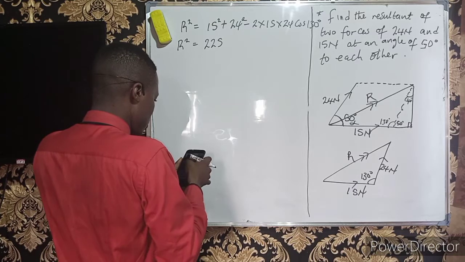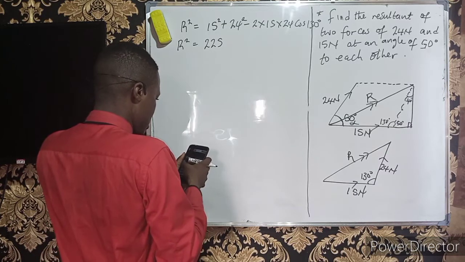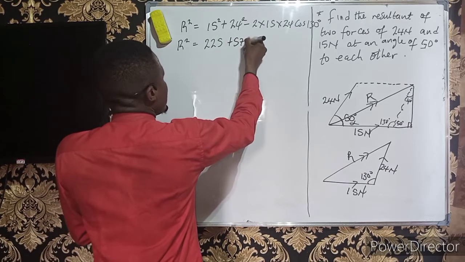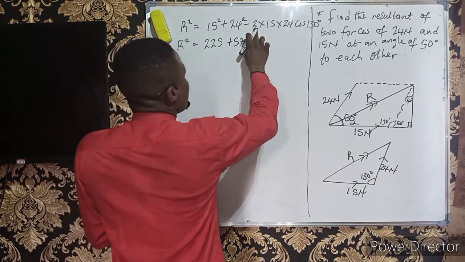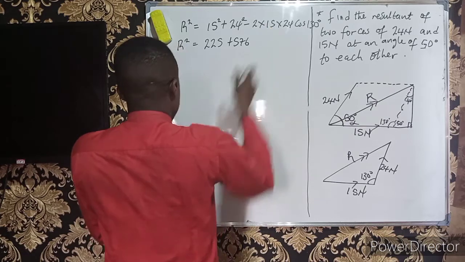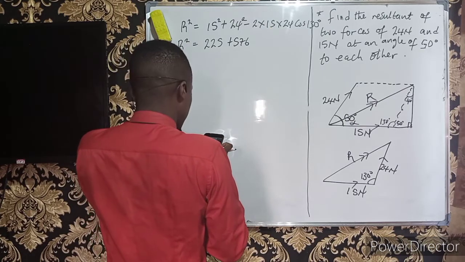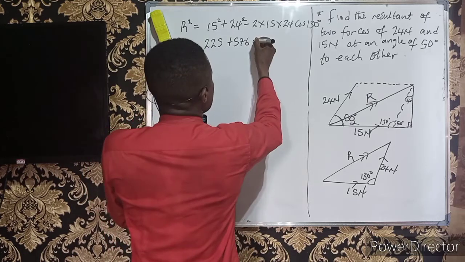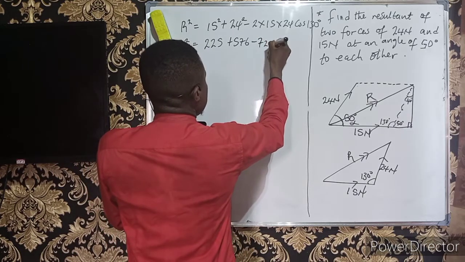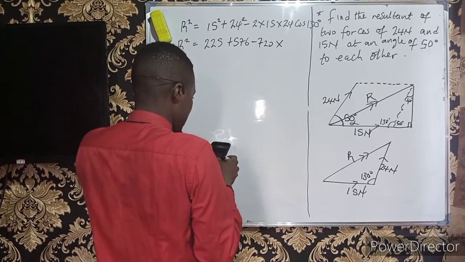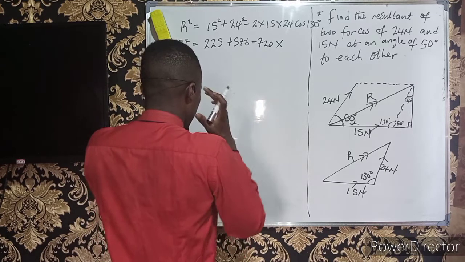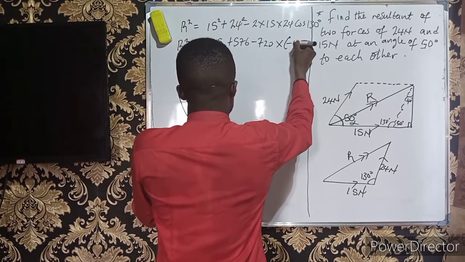24 squared will give us 576, plus 576, minus 2 times 15 is minus 30, minus 30 times 24 will give us 720, minus 720 times cos 130. Cos 130 will give us minus